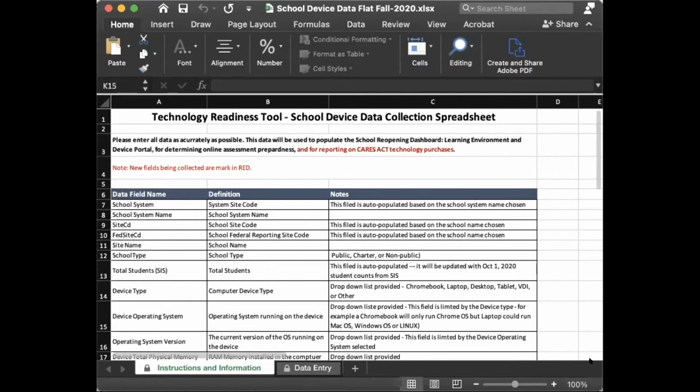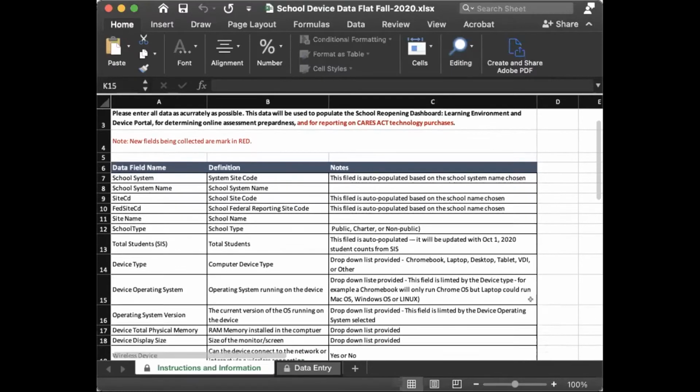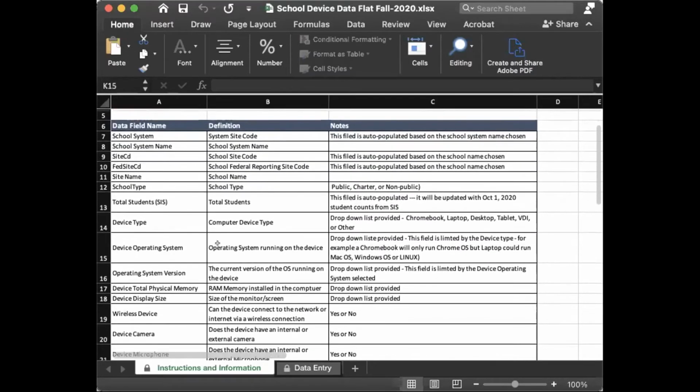So in here, we are still collecting, obviously, which school is submitting. We are auto-populating based on when you select your school system codes, as well as your site codes for your particular school. From there, you will be able to get your